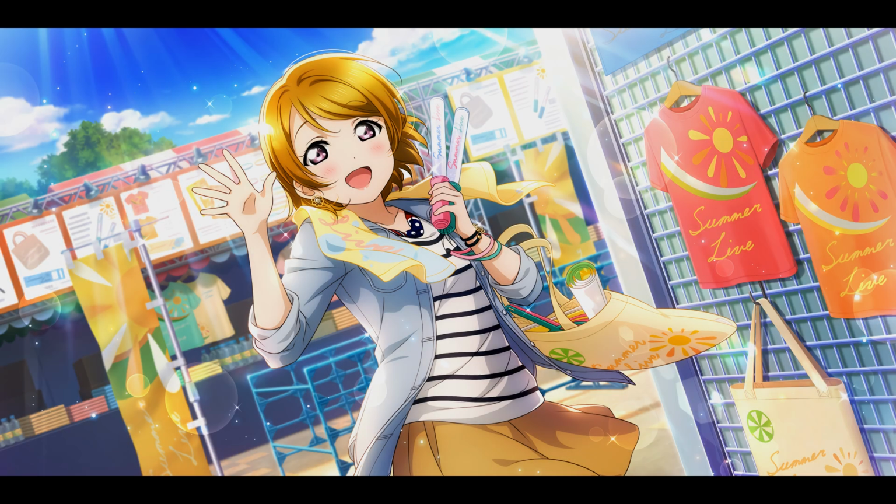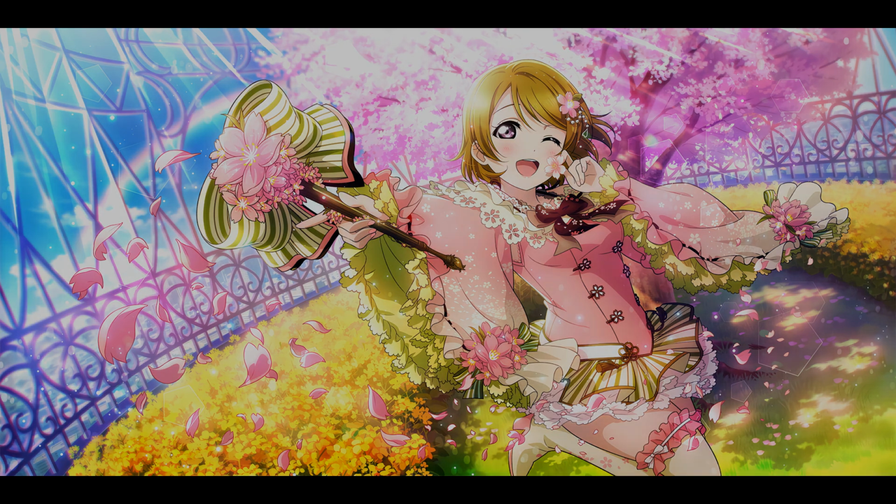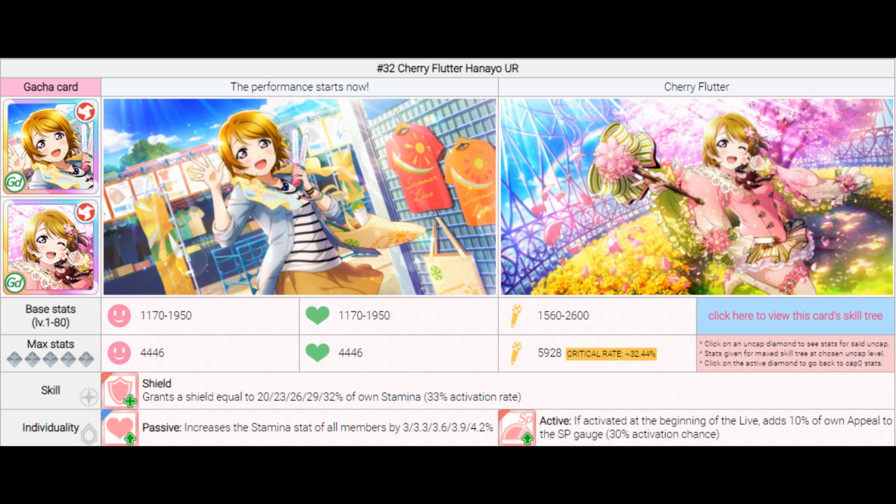The last of the first years to go over, we have Hanayo's first UR, known as Initial Hanayo, Initial Pana, Pana 1, or Cherry Blossom Pana. An active attribute guard type card with another interesting stat line compared to her abilities. She starts with equally low base appeal and stamina, both at 44-46, but a higher than usual base technique of 59-28, giving her a crit rate of